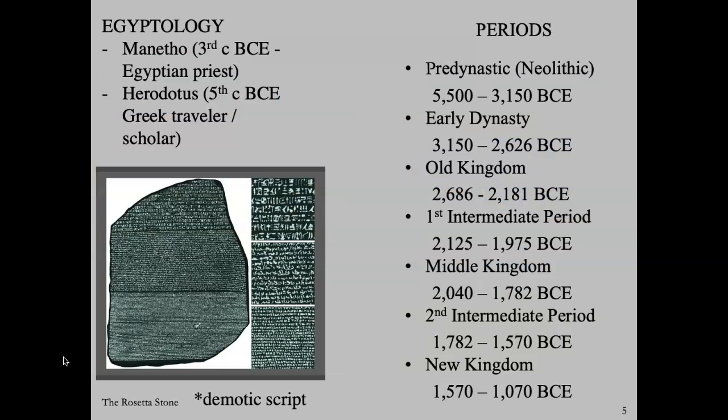There's a special branch of archaeology devoted just to the study of ancient Egypt, and we call that Egyptology. It's a modern discipline that started in the 18th century when archaeological explorations of the Nile began in earnest. And this really starts with Napoleon Bonaparte, who in 1799 took a small troop of scholars, linguists, and artists with him on a military expedition. And they found, really by accident, an object that's come to be known as the Rosetta Stone.